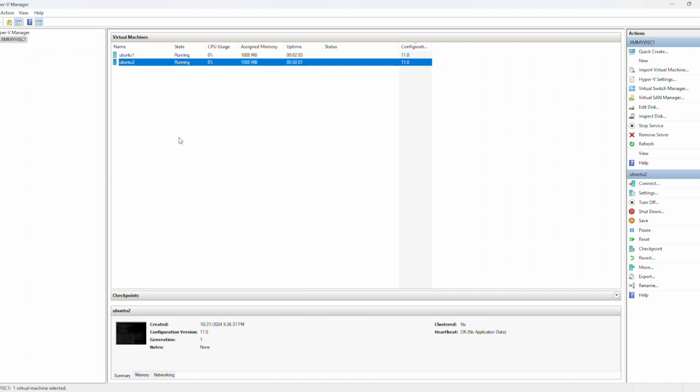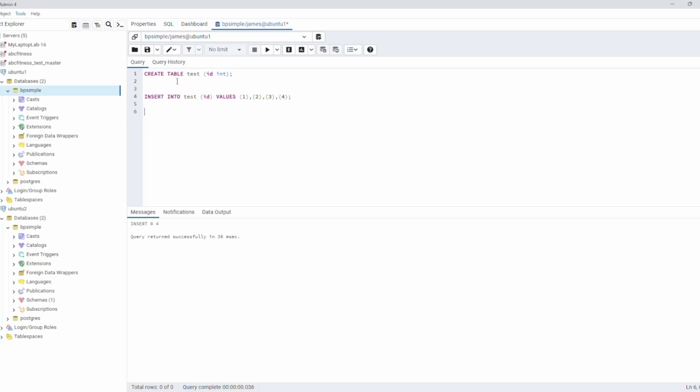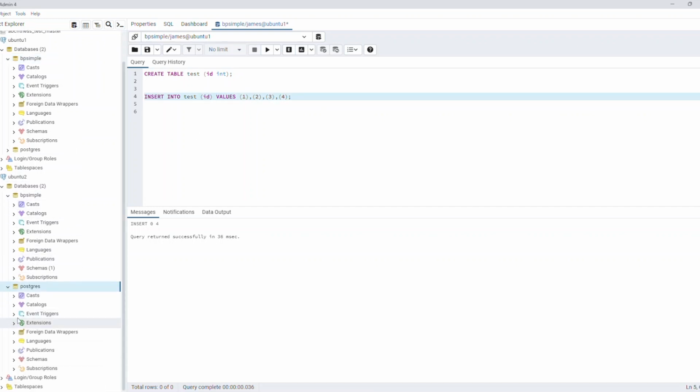Now, what we'll be doing here are making additional modifications to those two configuration files to allow for replication to take place. In addition, I just want to show you real quick, we're only going to be replicating a very small table. I've created it on Ubuntu 1. That is the intended primary. Ubuntu 2 will be the intended standby. You see here, I've inserted into it, and this is just to show you on the Postgres side